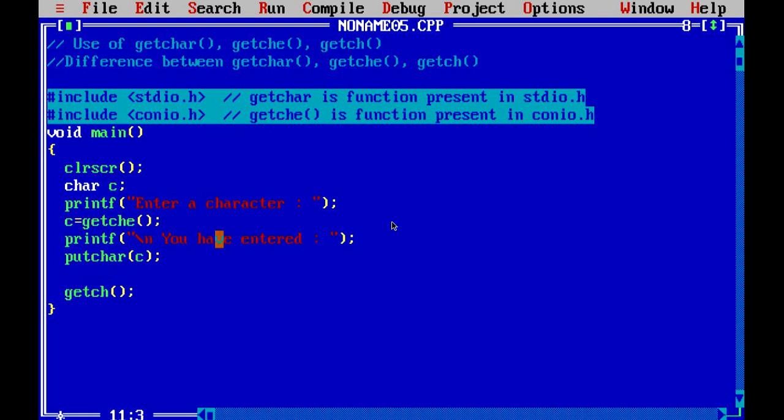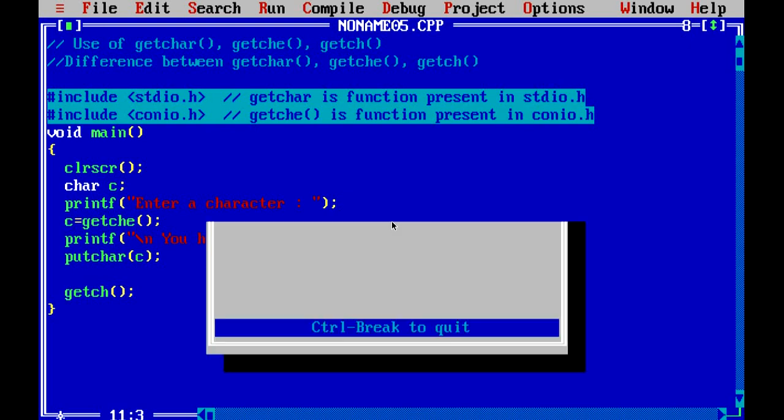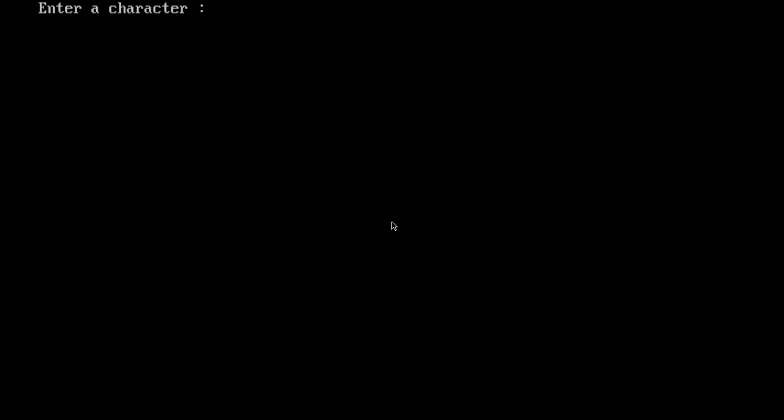Also, one thing we have to notice: when we press the character, it not only returns that character but also prints that character, so that we are able to view what character we have given.